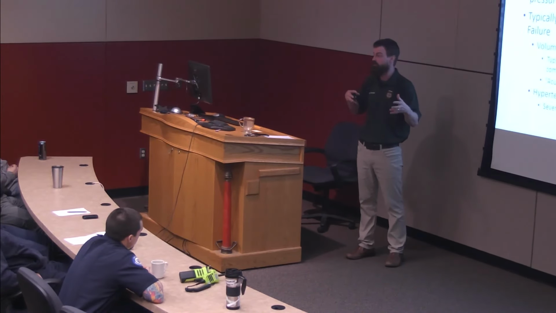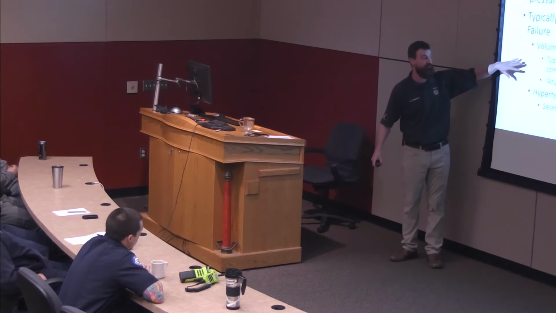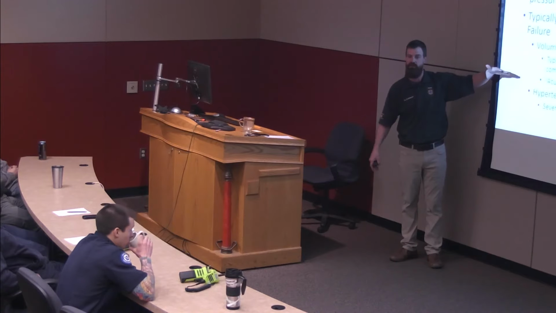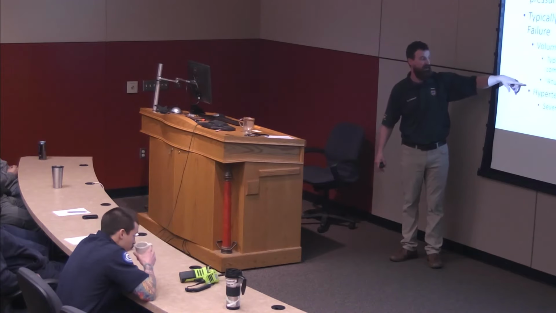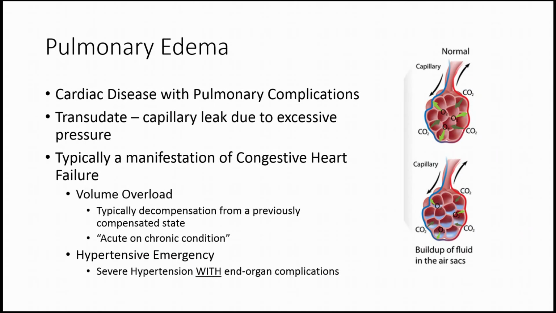So if I have lots of salt, I'm going to hold on to more water, okay? So the vast majority of the time, these are people who decompensate usually from dietary indiscretion or medical noncompliance, okay? And it's an acute on chronic condition, okay? So they know they have CHF, they still drink beer and eat peanuts, and now they're in a decompensated heart